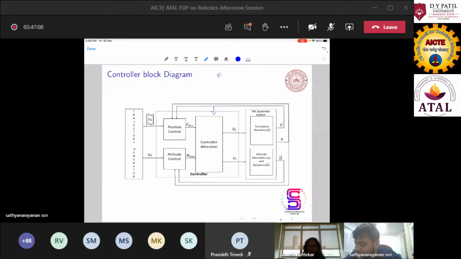So for that, you can use some kind of a neural network or any AI kind of thing to train them to find a map which actually maps from this to that, and you can use that map to control or to find a control allocation which is useful for certain applications. So for that